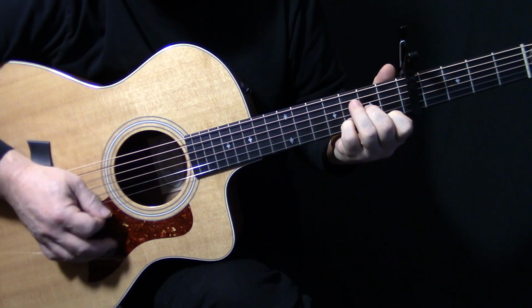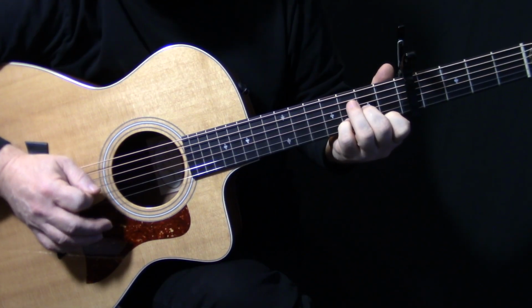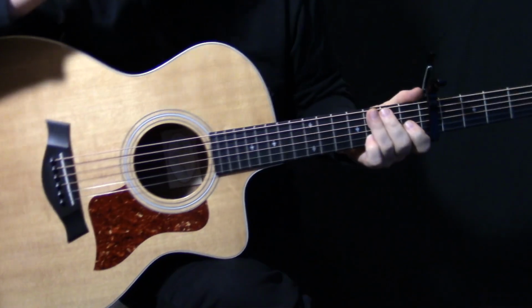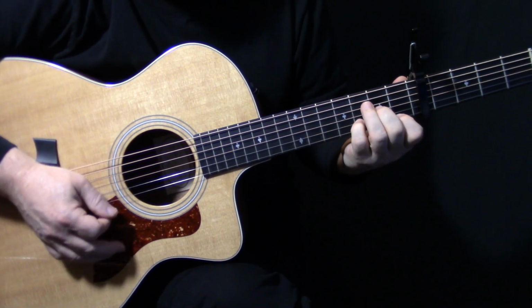B string, E string, back to the B string, open A, and then the D chord, D minor. Okay, so that, specifically, I think the intro is worthwhile to get that pattern down, because it's really,